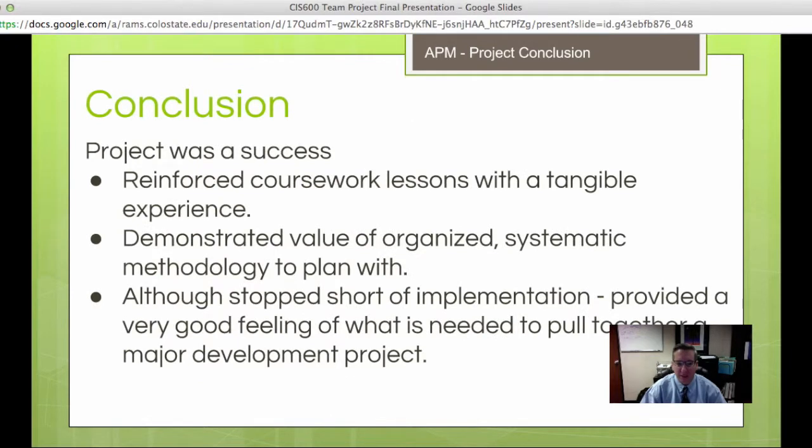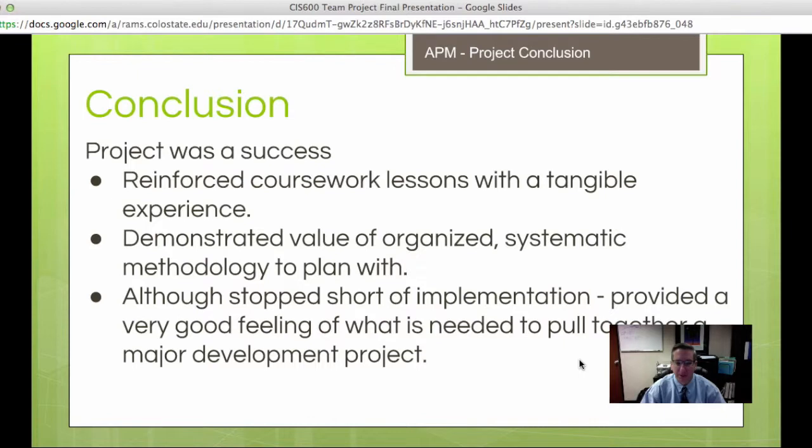To wrap everything up, I believe this APM project was a success. It reinforced the coursework lessons with tangible hands-on experience, and for me it demonstrated the value of an organized framework to plan your project around. You have a methodology that you follow, and if you follow the methodology, even if you don't use every piece of it, it will force you to look in blind spots and to think about things that you may have overlooked